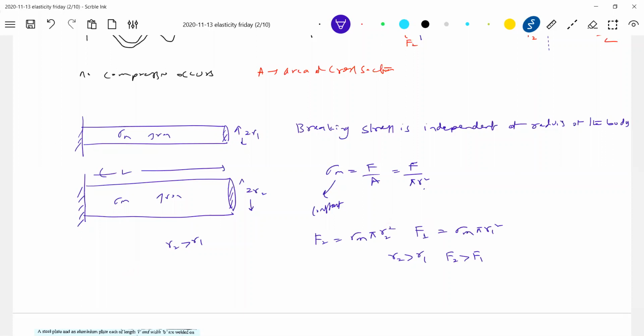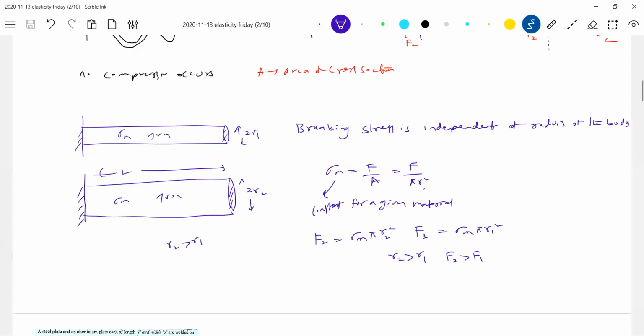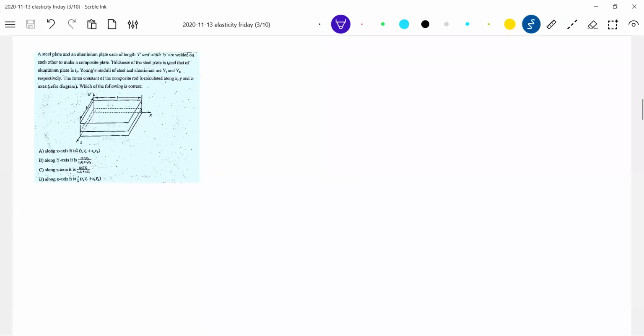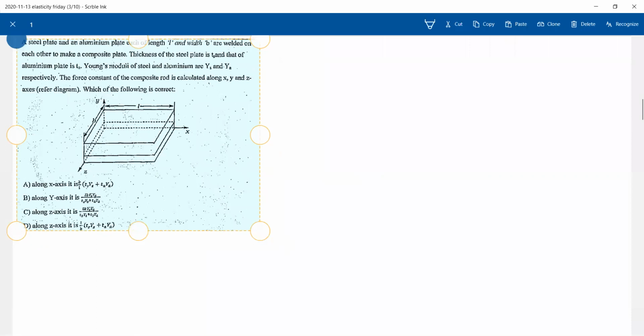Able to understand? These are things where we think something depends on R, but there's no problem. The moment you see R, you think that it depends. No, this is a constant for a given material. All this is data. You just have to remember that, nothing big. Okay, some problems on such things we will do. We'll take some numericals. In physics, if you do numericals, clarity of ideas will come.